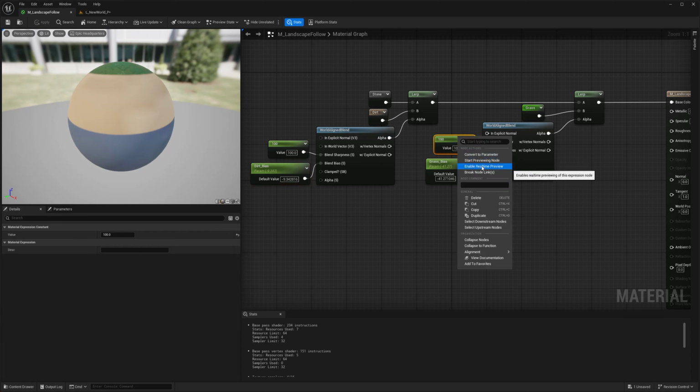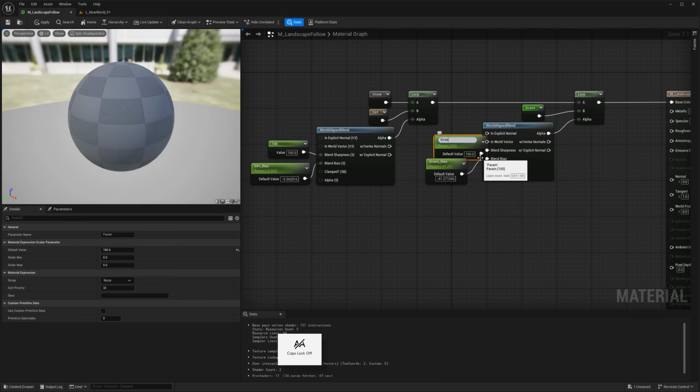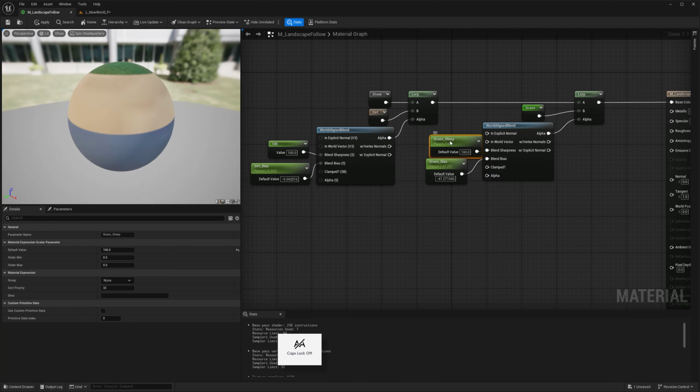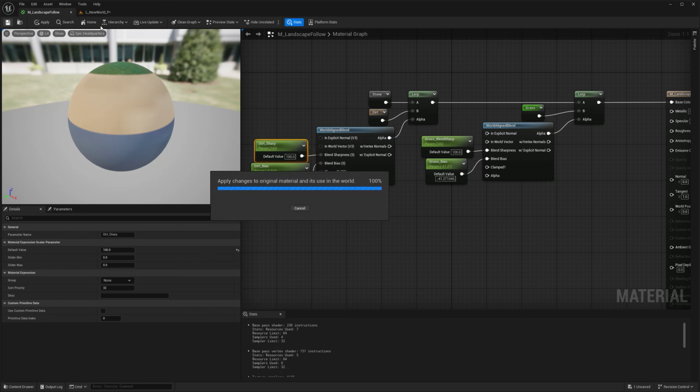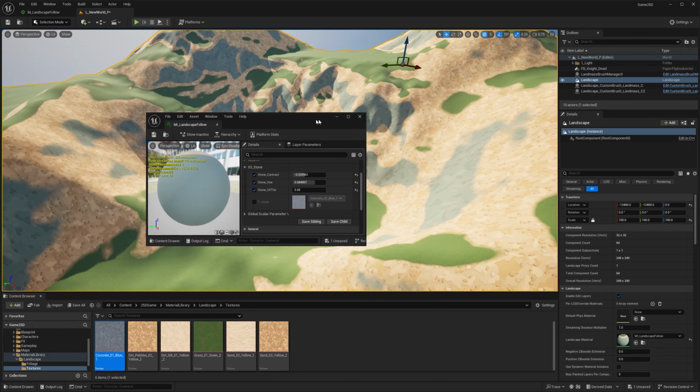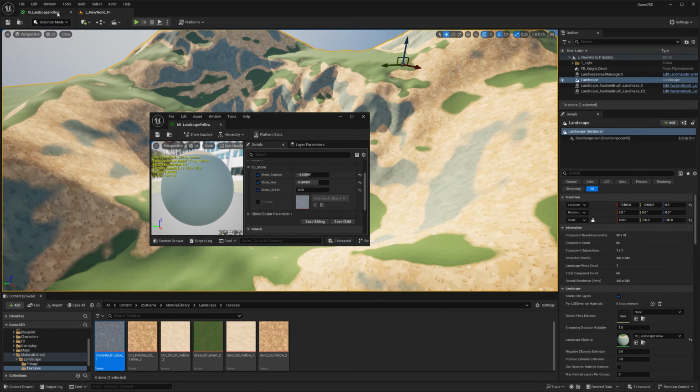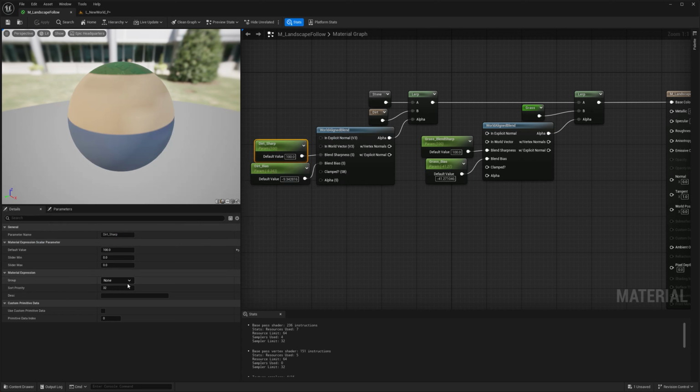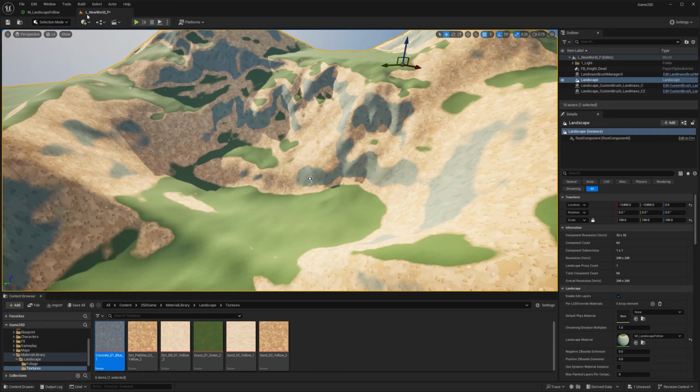So we're going to change this to convert to parameter, grass sharp, or blend sharp, whatever you prefer. Convert this to parameter, dirt sharp. The thing is, when we play with these values, that's why it's important that we do that in the instance. We're going to have to compensate back for all the other values, which is very annoying. Oops, I forgot to add that to the proper group. Slope, slope. Okay, save it. Let's go back.